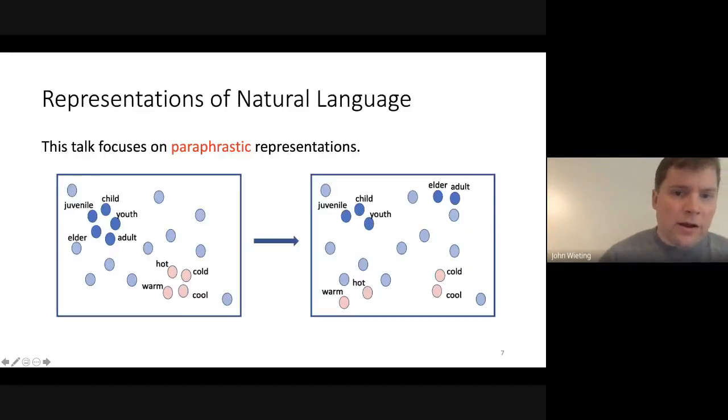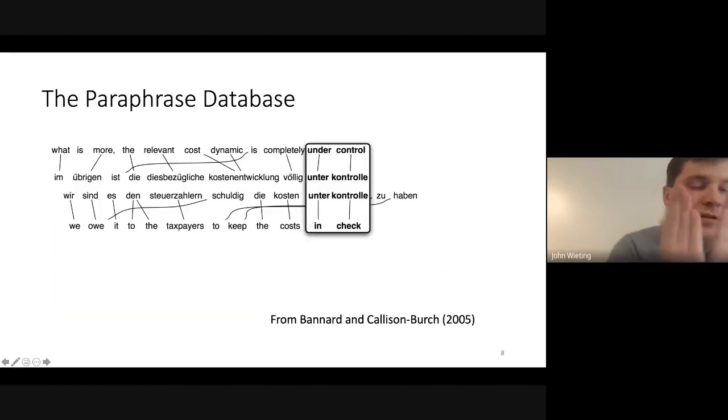And so one motivation for much of my work has been on refining this space, because we want nearest neighbors of words to be paraphrases. So essentially, we can go from the figure on the left to the figure on the right and separate things out according to their semantics. So how can we do this?